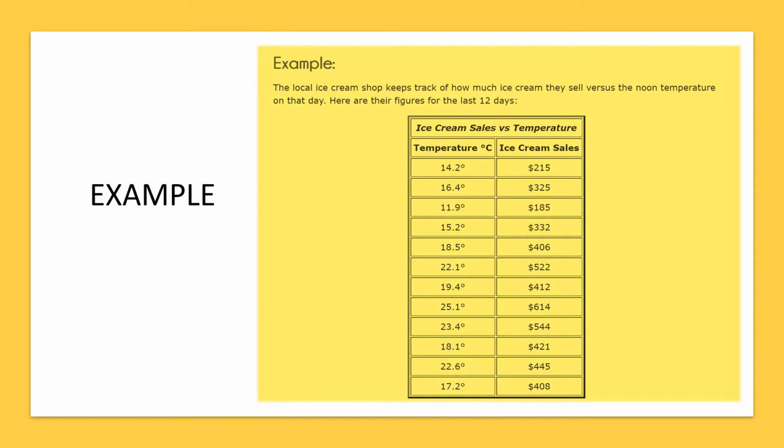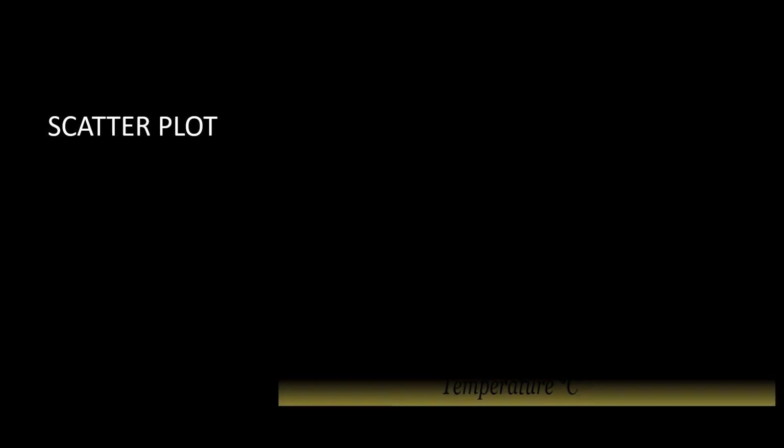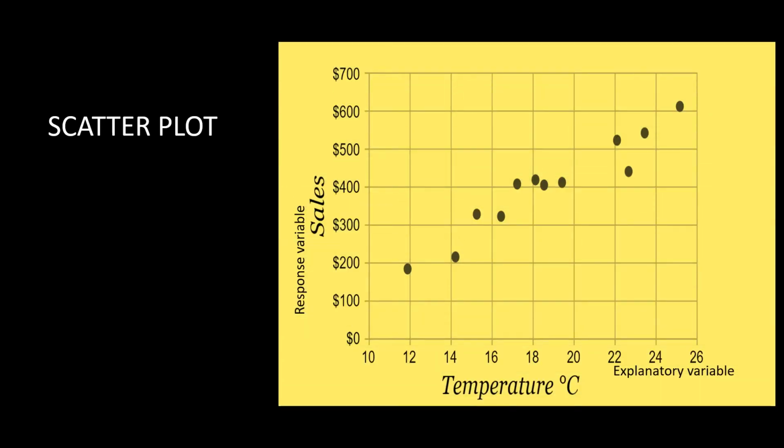So keeping y as the ice cream sales and the temperature x as the explanatory variable, let us draw the scatter plot. So when we draw the scatter plot, by taking the temperature on the x-axis and the response variable on the y-axis, we get